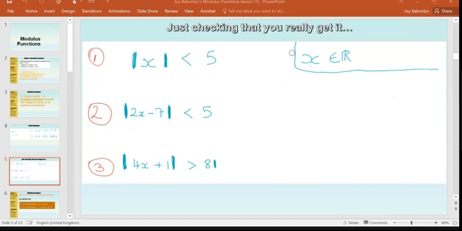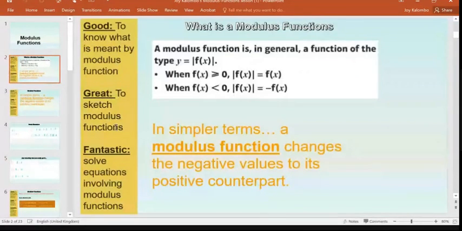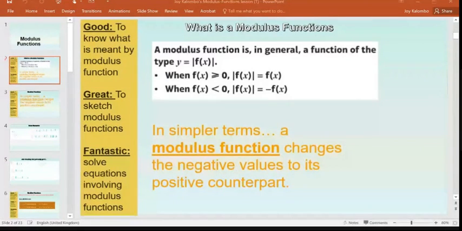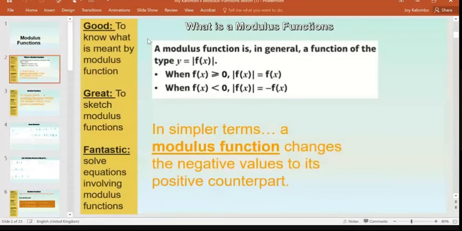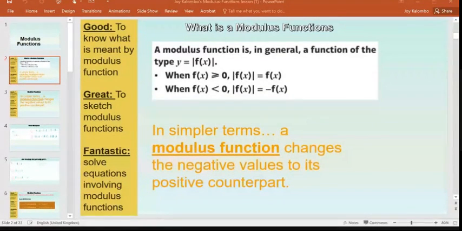But we're just going through this thing called the modulus function. So, let me copy this onto